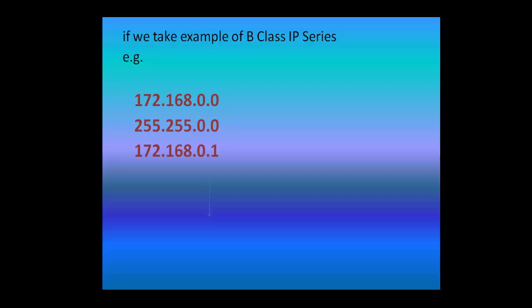We talk about the B class IP series. I'm trying to give you many examples so that the concept should be clear to you. Now I'm taking B class IP 172.168.0.0. First valid IP: 172.168.0.1. We always start from this side to this side in a host,